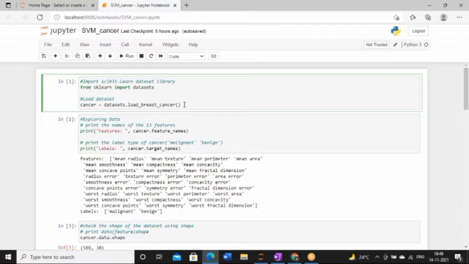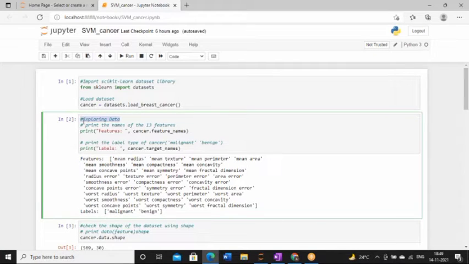Now let's start with the coding. In the first step, we are importing the sklearn library so that we can fetch the data set. After fetching it, we are loading the data set into the variable cancer. Now, this data set is not known to us. So whenever the actual shape, size or dimension of the data set is not known to you, then you have to explore it. So after loading the data set, the next step is to explore it.